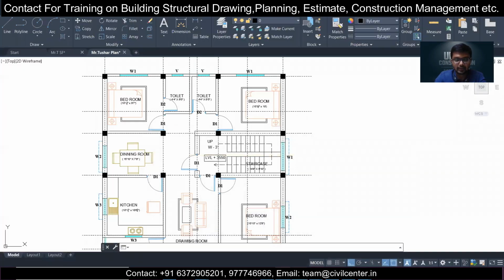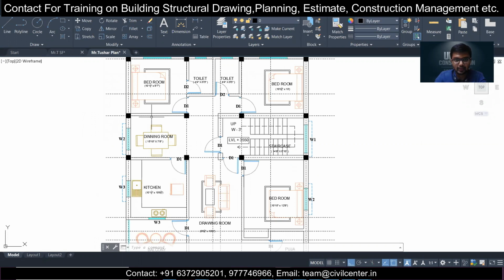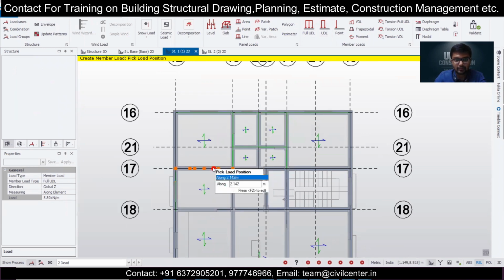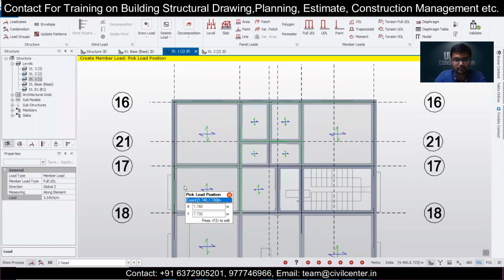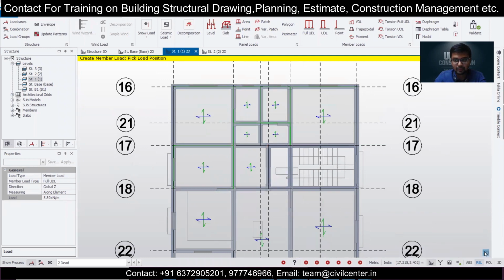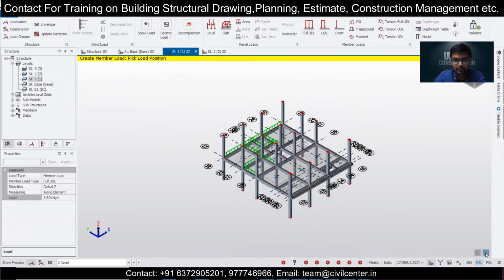So we are good with this toilet portion and the back side portion, and the remaining portions will just go here, and this one we need to give, from this column, take full UDL of 5.5 from this column to this column. The load has been assigned, so you can check also in the 3D view.